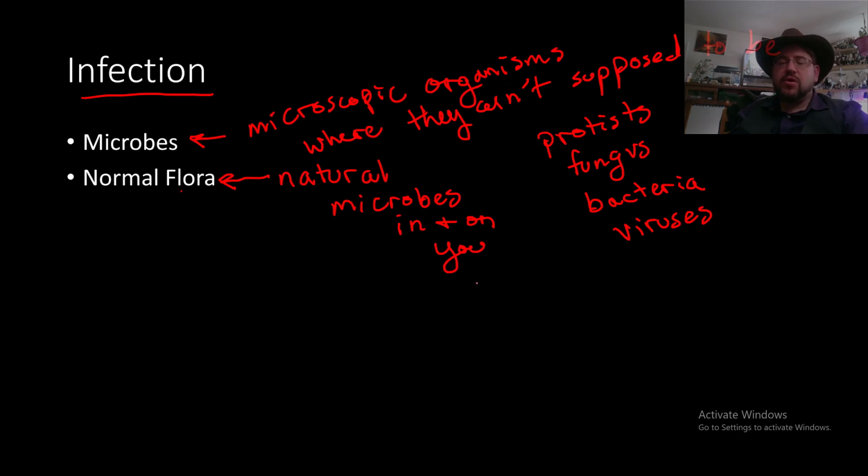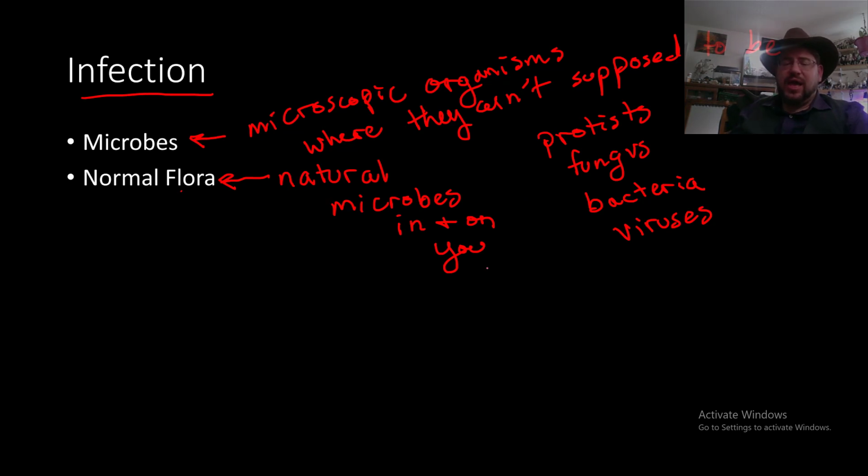Current estimates show that there's roughly an equivalent number of microbes that live in and on you as there are cells that make you. So you're really more of an ecological community, more of an ecosystem than you are an individual